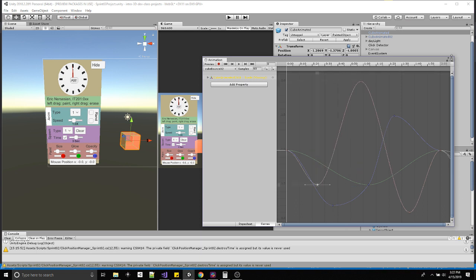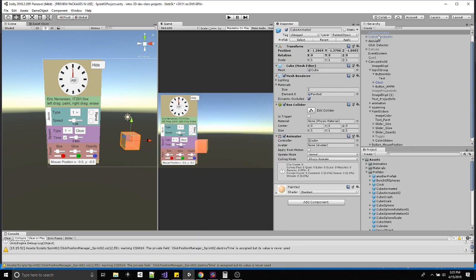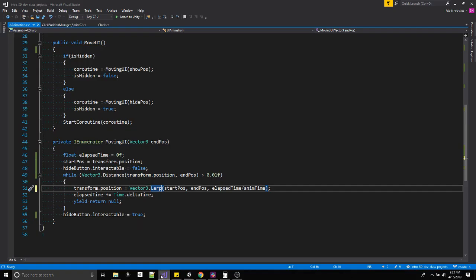Okay. So linear interpolation, the easiest, simplest math for dealing with the changing one value to another, and it's a function or a method that's already in the Vector3 class, so we're taking advantage of it. It works on vectors. So what is it saying? Where do you wish to start, or where are you starting from? Where do you wish to go over what amount of time? So it doesn't matter the distance you want to go through. It doesn't matter the amount of time you wish to go through it. This eventually evaluates from 0 to 1. How complete of a journey are you from 0% complete to 100% complete,